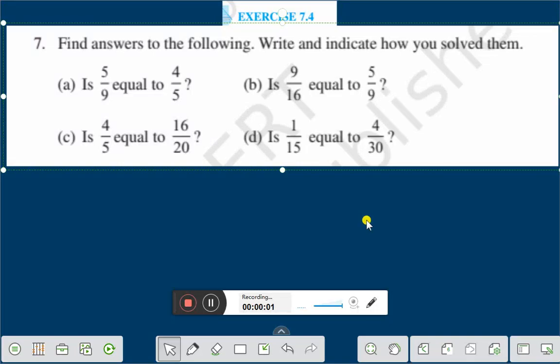Hello everyone. Today we shall discuss exercise 7.4 question number 7. Find answers to the following. Write and indicate how you solved them. Question number A